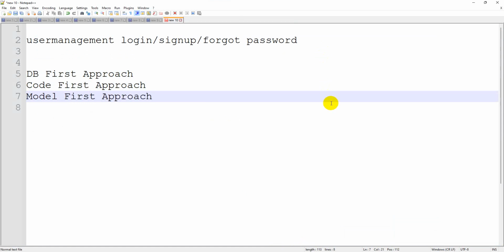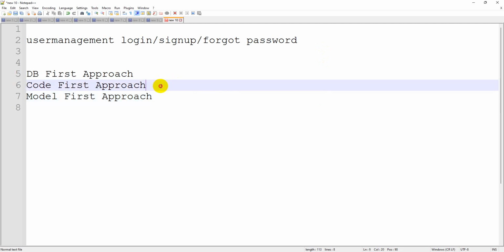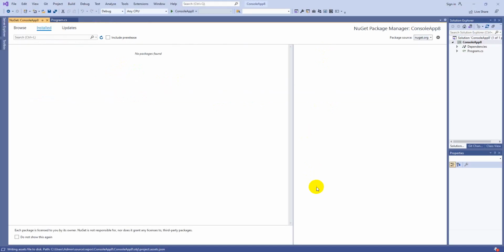But Entity Framework in .NET Core applications will support only the code first approach. It won't support DB first or model first approach. Remember this point also.